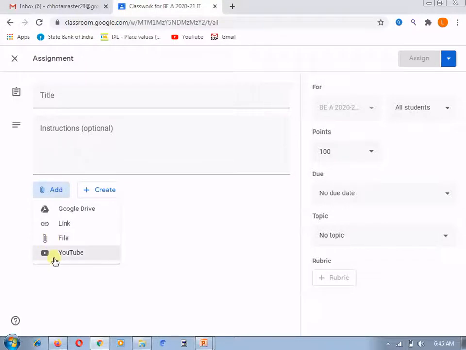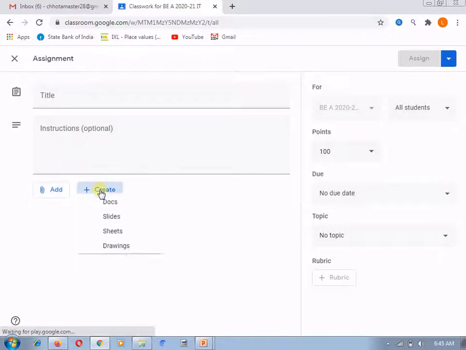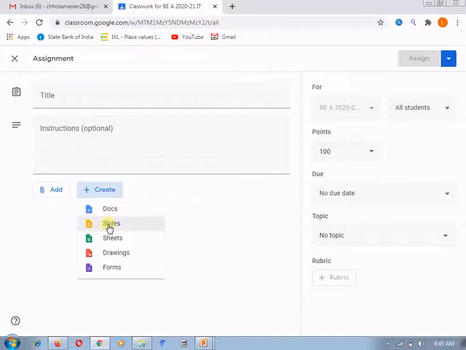You can upload a video as well, or a YouTube link. In this create option you can create a new document, new slide, new sheet, new drawing or new form as well.